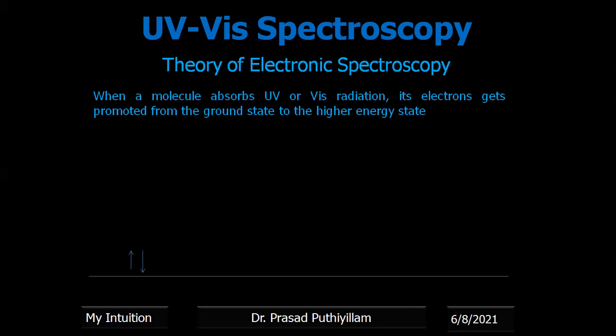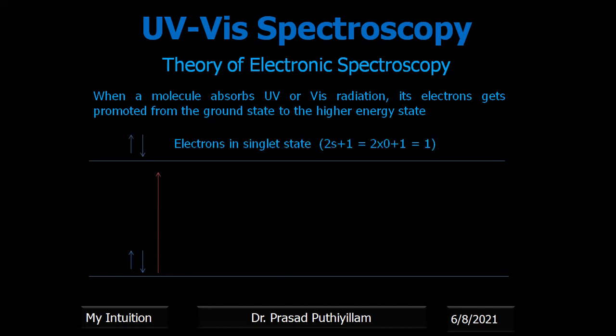Therefore, the lower energy level is represented like this. Two electrons are represented here. Electrons in the ground state are usually paired, with paired spin. So if one electron is in up spin, the next electron near it in the bonded pair will be in down spin. Therefore, they are paired electrons, and when it jumps to a higher energy level, we get a paired electron state only. Therefore, a paired electron state to a paired electronic higher energy state is easy.